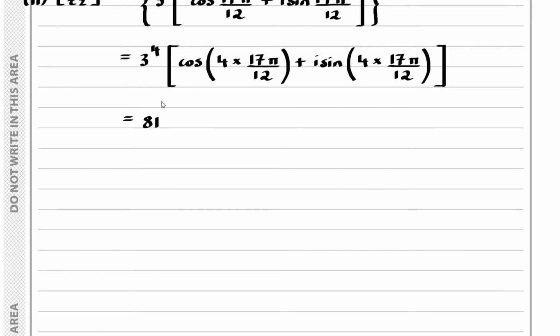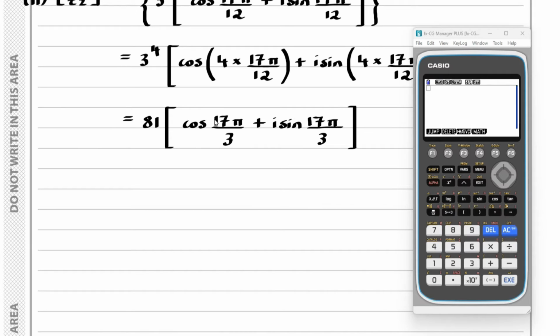3 to the 4, that's 81, and then 4 times by 17 pi over 12, that's 17 pi over 3. So we have 81 being multiplied by the cosine of 17 pi over 3 plus i sine of 17 pi over 3. And if we work out what the cosine of 17 pi over 3 is, and what the sine of 17 pi over 3 is, using our calculator, we have the cosine of 17